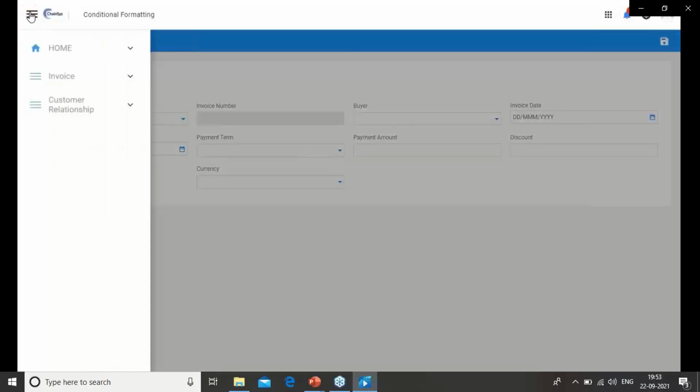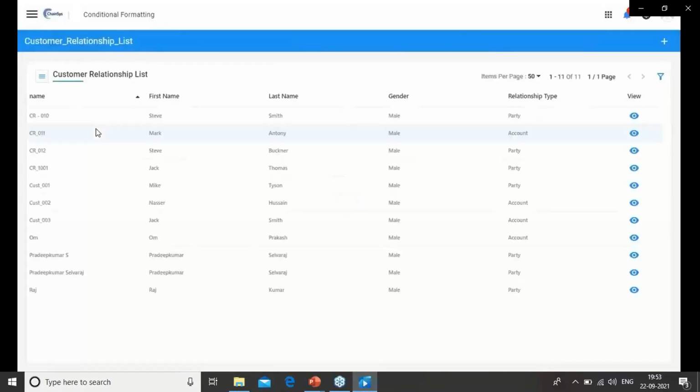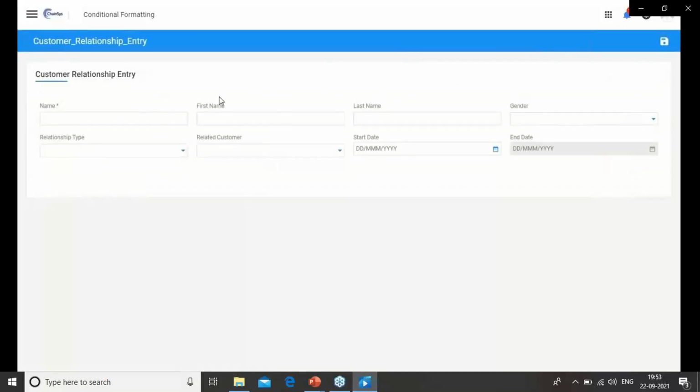Next, we will go to the customer relationship menu. So click entry. By default, you can see that market unit and related account are not visible. They have been hidden. So enter details.